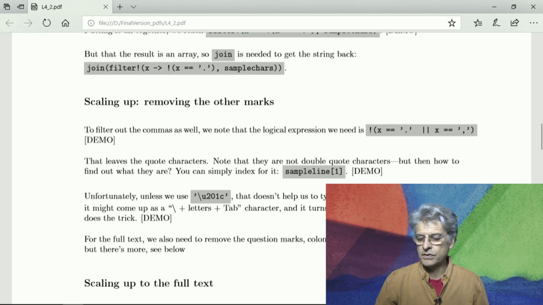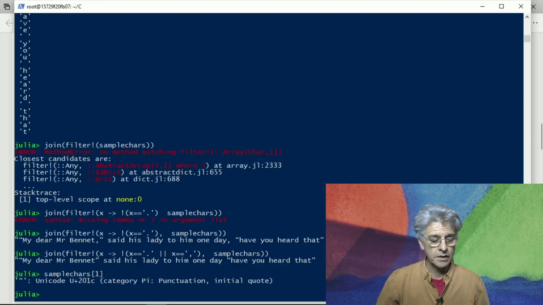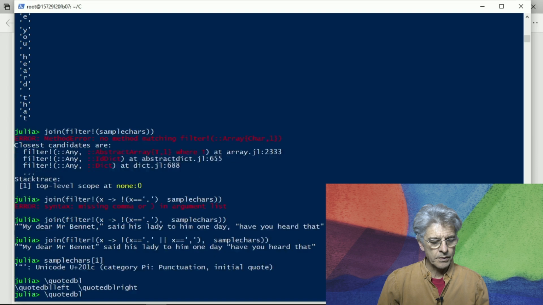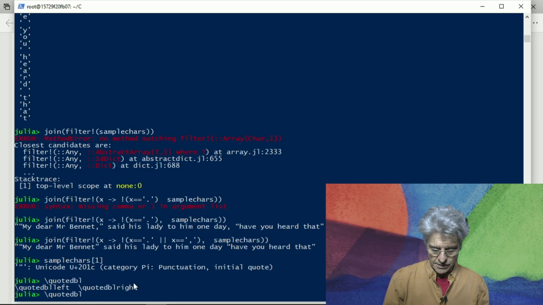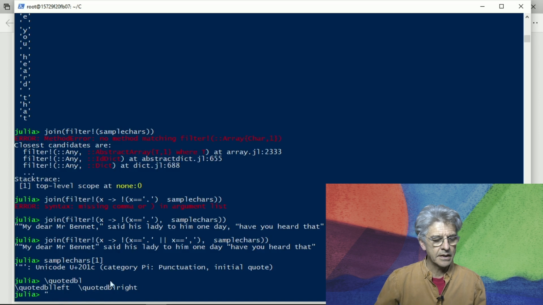If we start with just the letters quo for quote, we see that there's a quote DBL left and a quote DBL right. This is quote double left and quote double right. So let's see what quote double left is. And that is indeed exactly the same character as that one. And so we can now use that